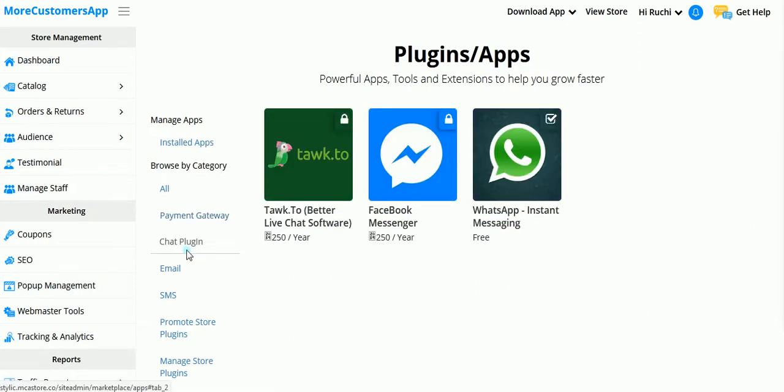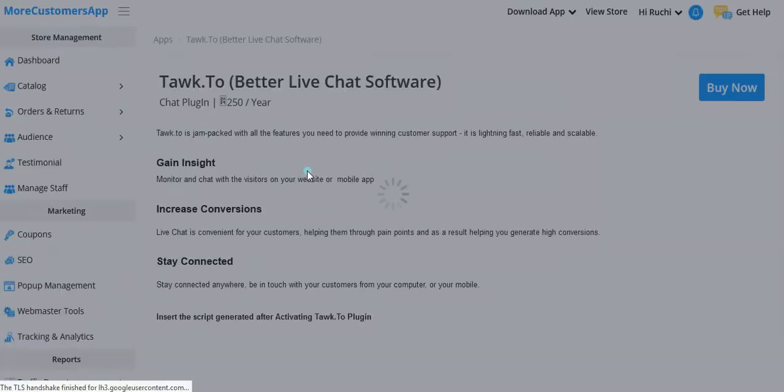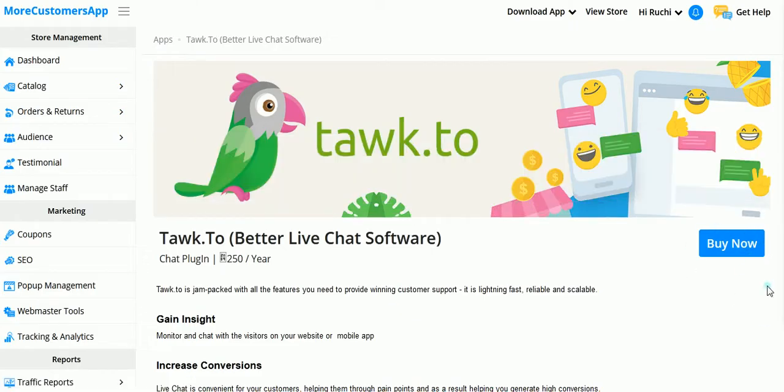So this is already available on my site, and I have already purchased this, so this one is free for me. Next, if we go for the chat plugin, here you can see WhatsApp is free, and Facebook and Talk to Messenger, those both are separate, you have to purchase them. So if we have to purchase anything, we can just simply click over here. Here you will get the buy now button, and you can directly pay online and activate this facility onto your website.